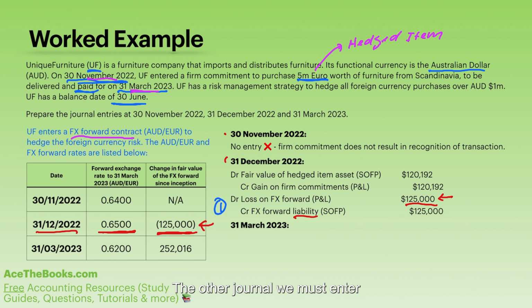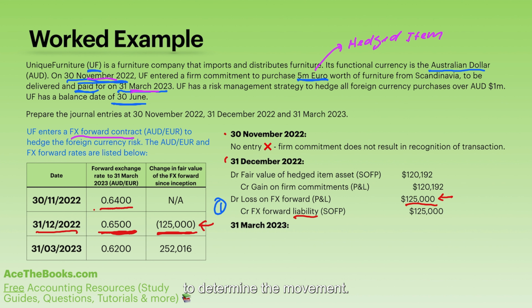The other journal we must enter is for the hedged item. When the commitment was entered into on the 30th of November, the forward exchange rate was 0.64. However, at the 31st of December, the forward exchange rate is 0.65. To understand this movement in Australian dollar terms, we can divide the 5 million euros by both of these rates